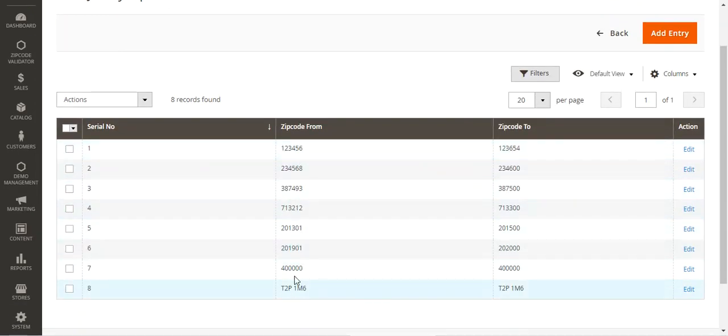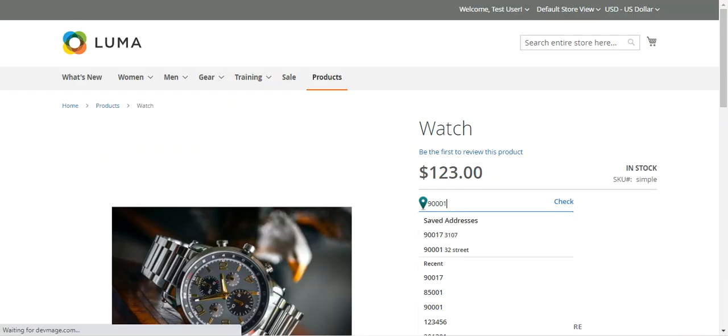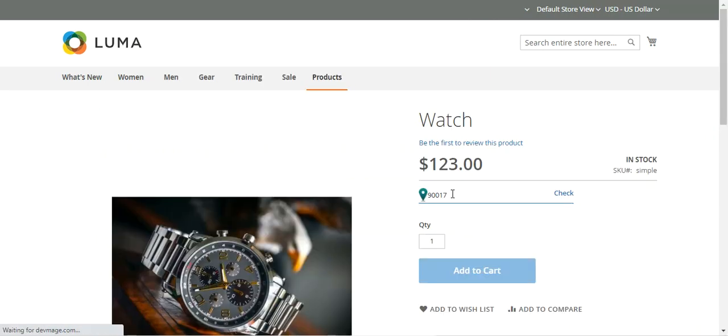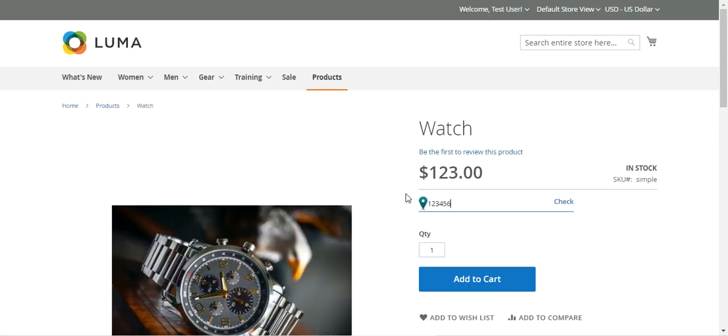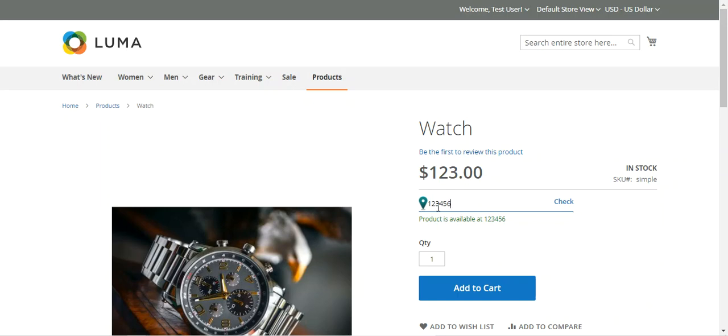All of them are added there right now. Okay, so for example, because the watch product was assigned to New Jersey, if I enter this particular zip code at the front end, let me refresh the front end once. And if I enter this zip code, you can see that the particular product is available at 1, 2, 3, 4, 5, 6. That's New Jersey, because this product was assigned to New Jersey while creating the particular region there,